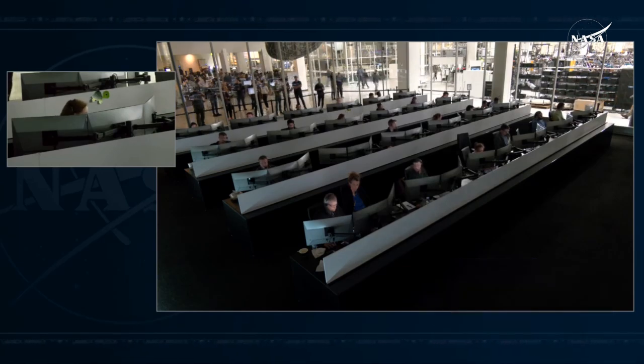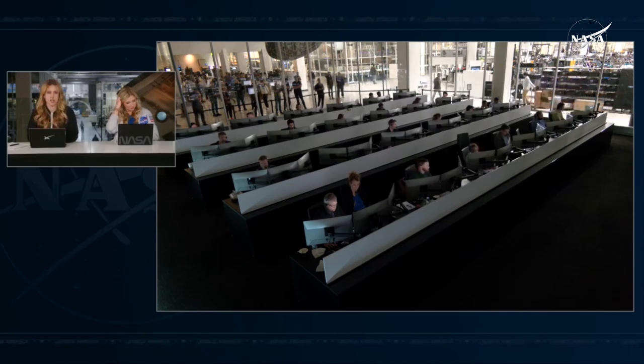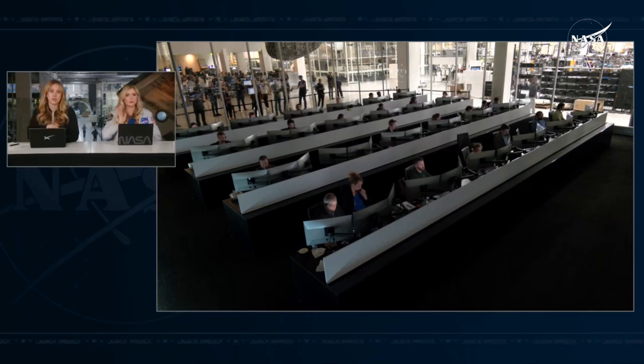That tells us that the final physical configuration change for Dragon is complete. We have closed that nose cone. This is the last physical change that Dragon undergoes prior to